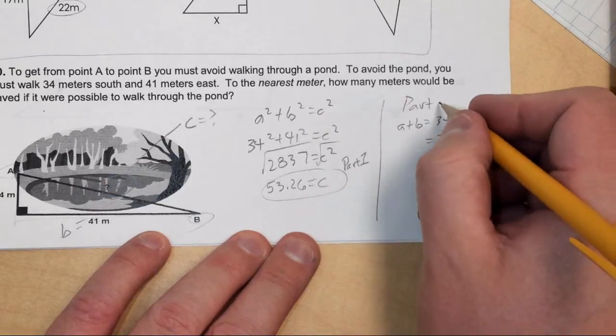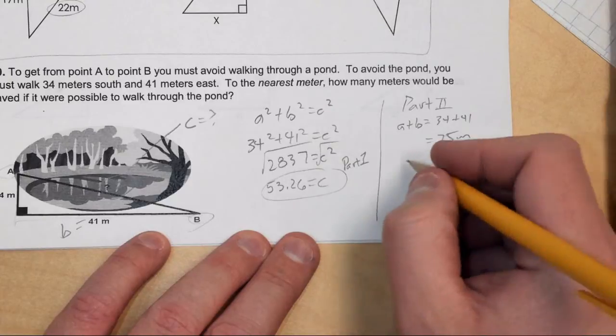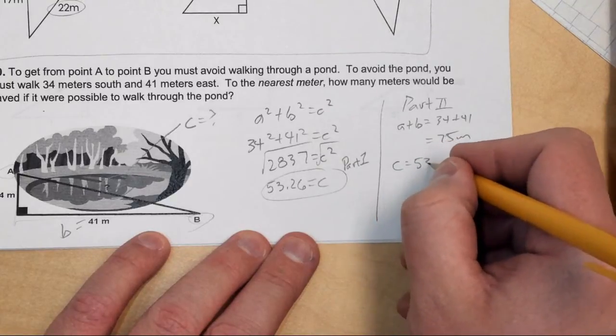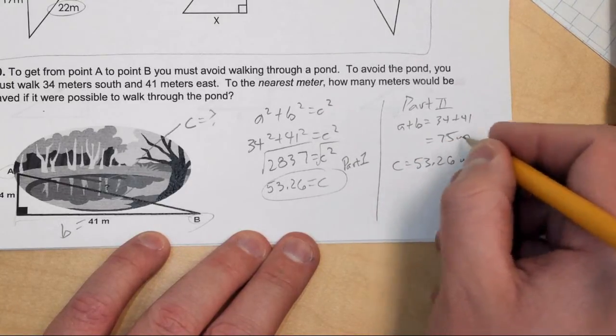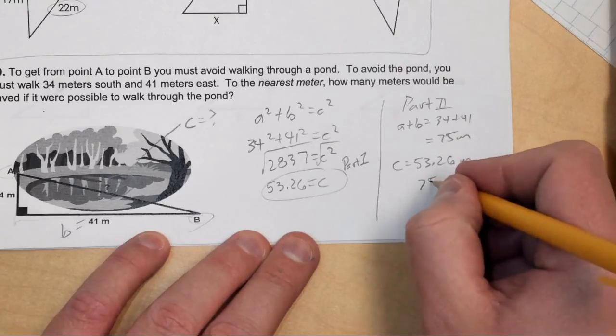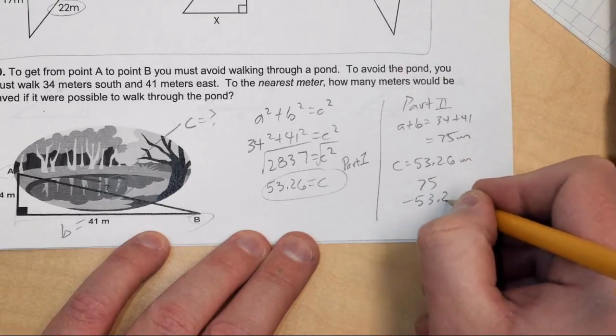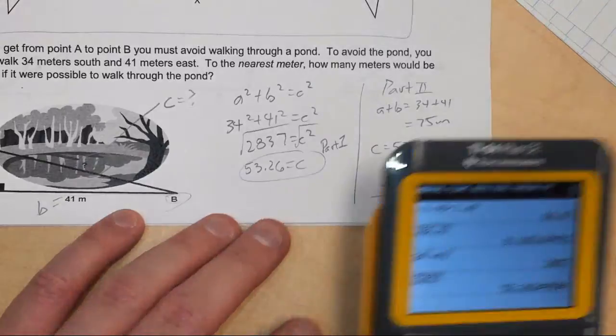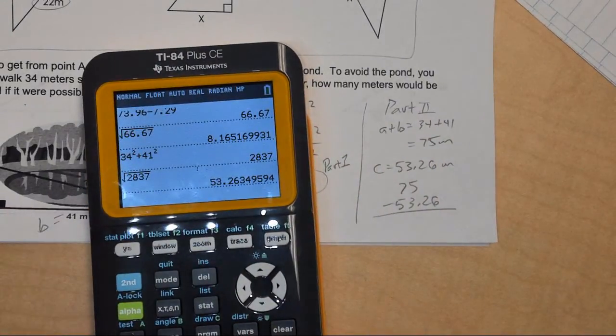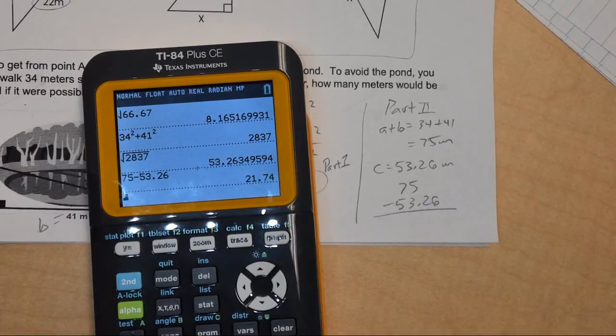Versus C, which is 53.26 meters. So if I subtract these two values, whatever I get here is going to be my answer. So I'm going to subtract 75 minus 53.26, and I get